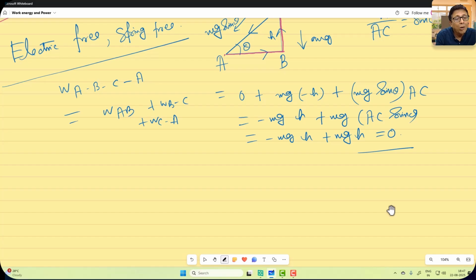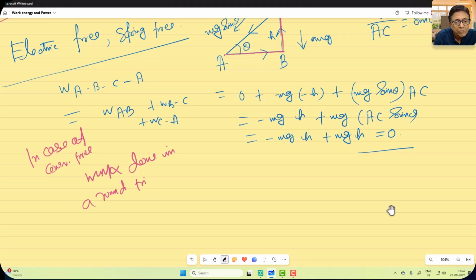But work done between any 2 points here, in case of conservative force, work done in a round trip equal to 0, and between any 2 points